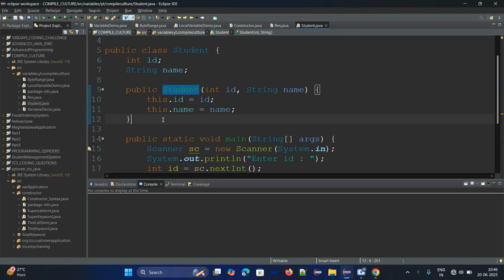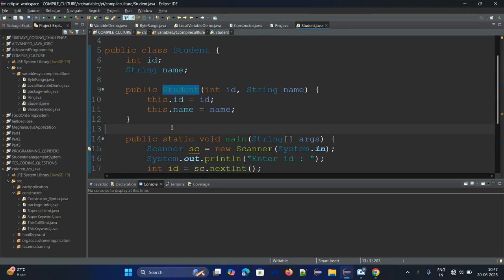I hope you got a clear idea up to this. I told you one point, the constructor is special. Why is it special? It looks like a normal method. It accepts some arguments, and inside it I'm initializing those. It looks like a normal method, but it is not a normal method.